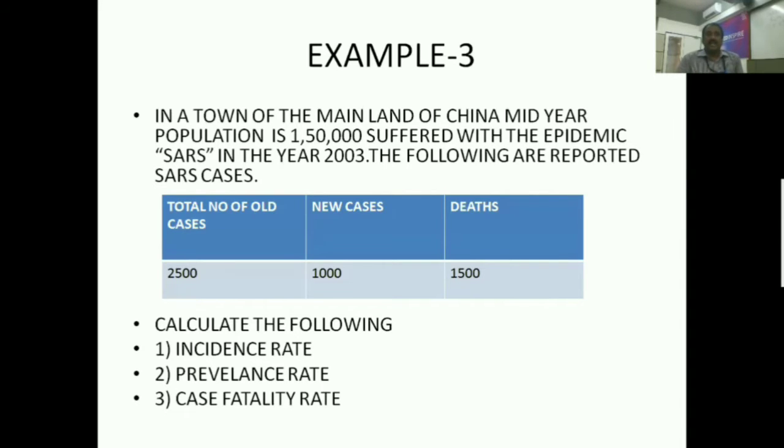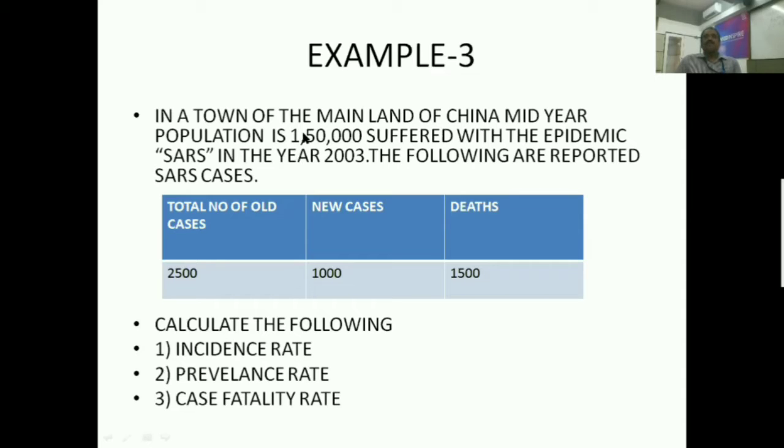So here in a town, we had already seen at present the epidemic, where is the source, and from where we are, the imported disease, etc. Everybody knows about COVID-19. In the 2000s, there was one more epidemic, and because of that the whole world suffered, not like COVID-19, but its effect is there. So this is an example from that.